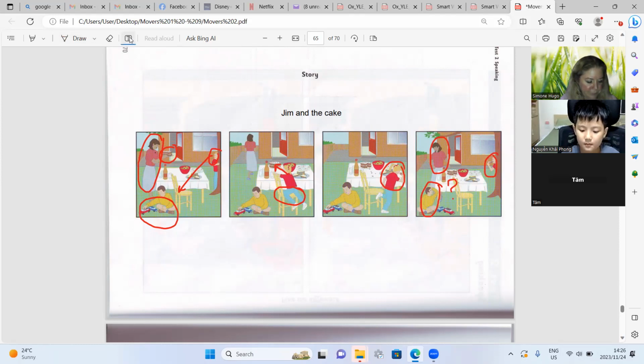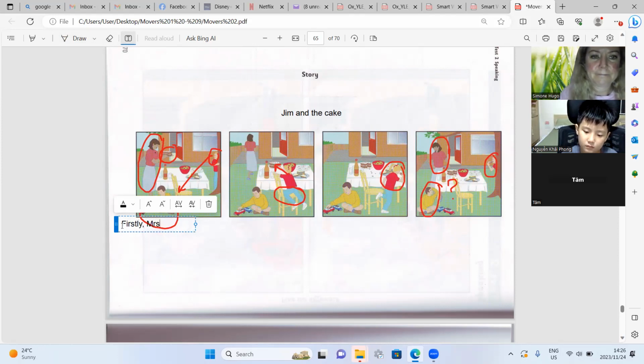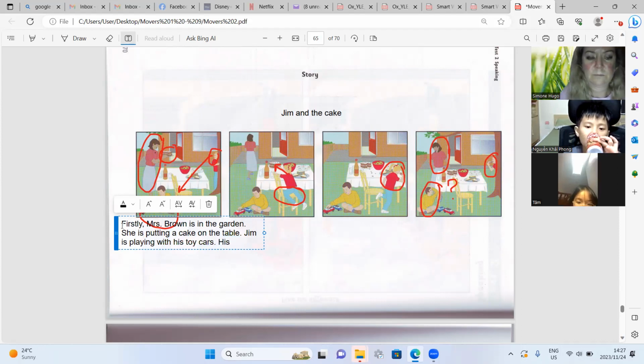Okay. So I will write the first part. Okay, Tom, what's happening in the next picture?